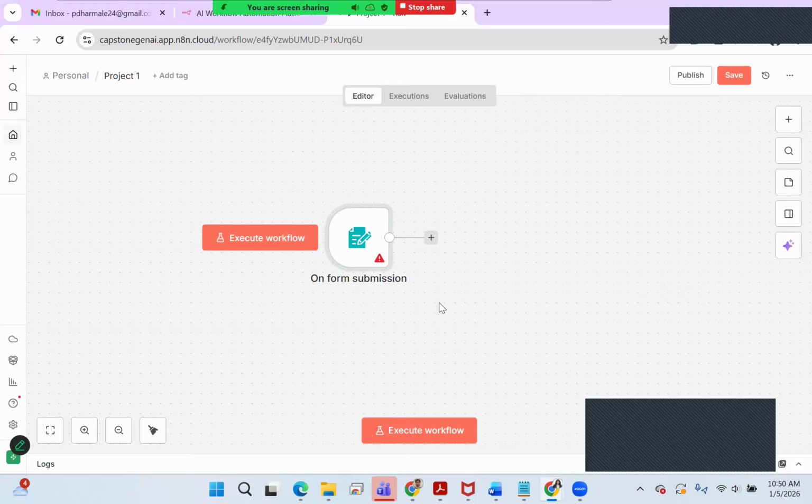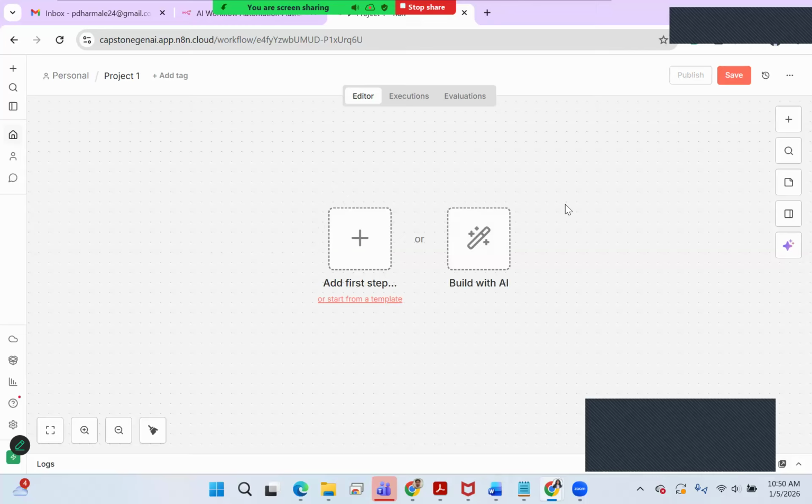So for example, I just added this to show you, and I just do not want to do anything with this node, and I want to delete it. So I will hover my mouse over it, and I'll click on delete. Okay, and if you will see that node is being deleted from here. So to add any node or to add any component to your workflow, you just click on here and that component will be